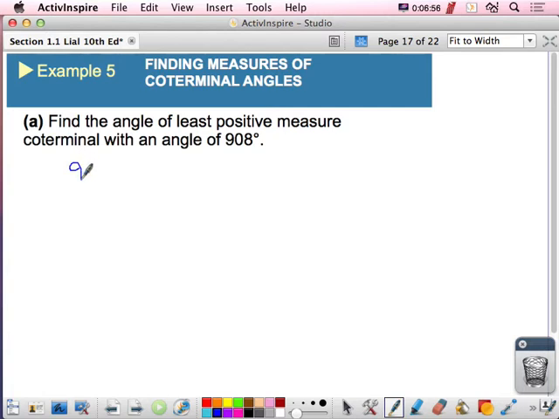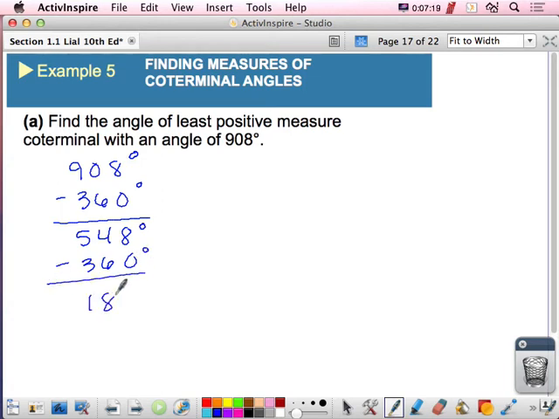I need to know how far from the starting point that's going to stop. To figure it out, you just take 908 and subtract 360 from it until you get to a number that is between 0 and 360. So what's 908 minus 360? 548. So it's still too big. That's still greater than 360. So subtract 360 again. 188. So that means that 908 degrees,